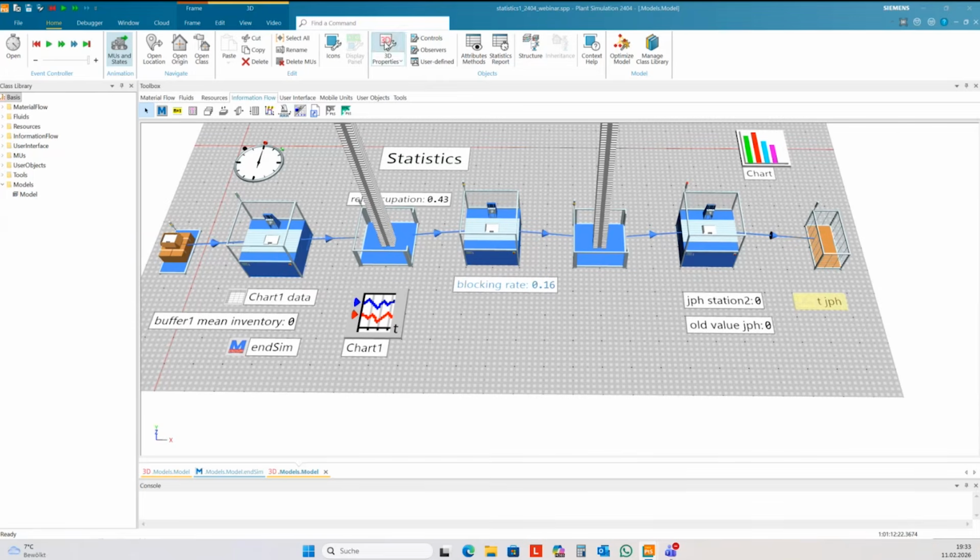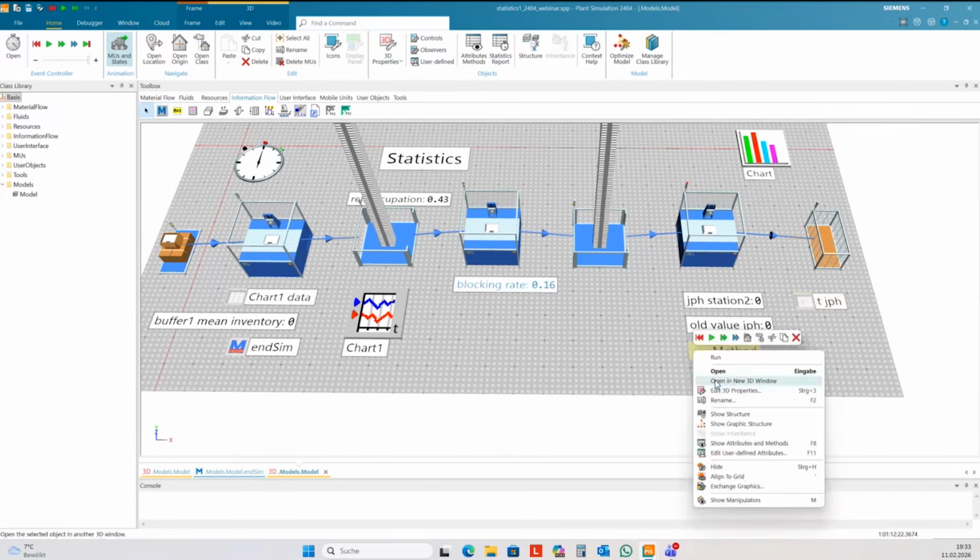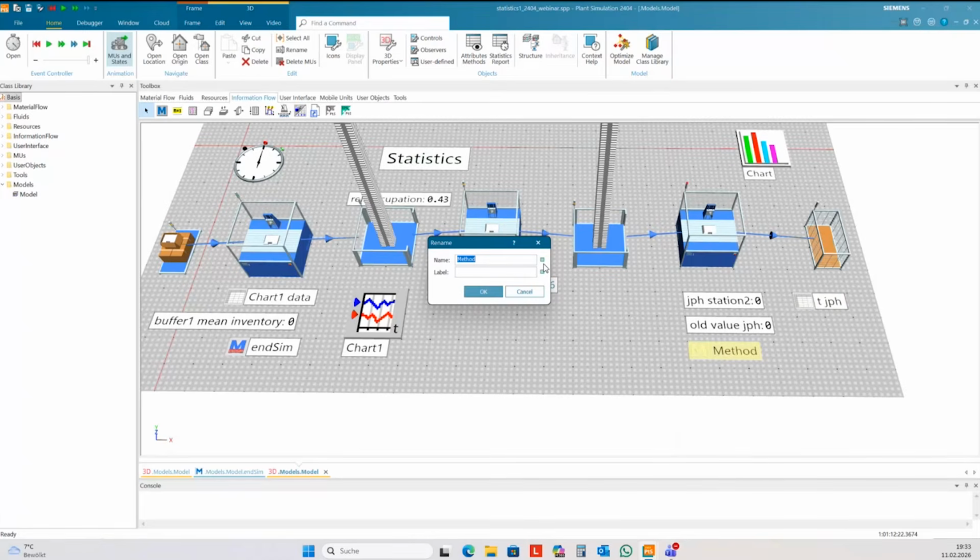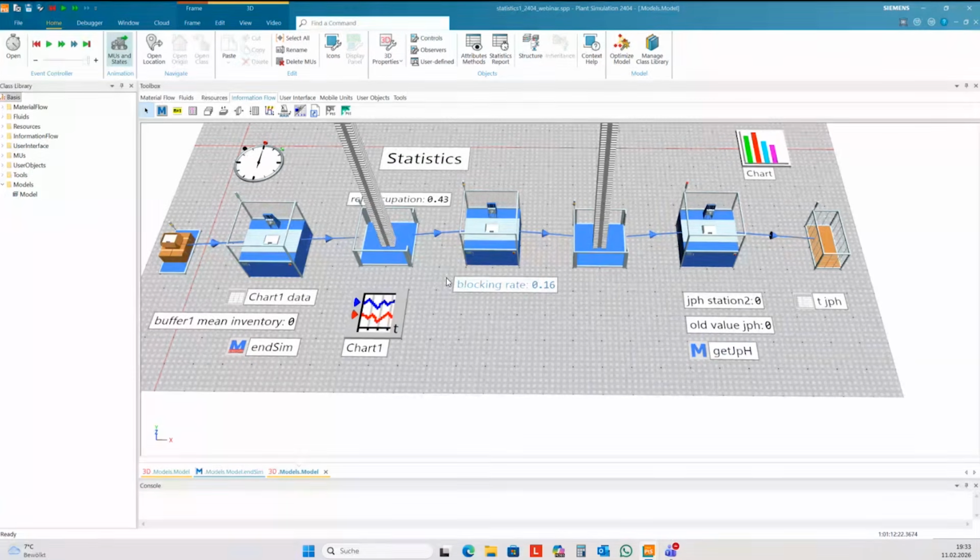And I need a method to calculate the jobs per hour. This method I call the first time in the init method.